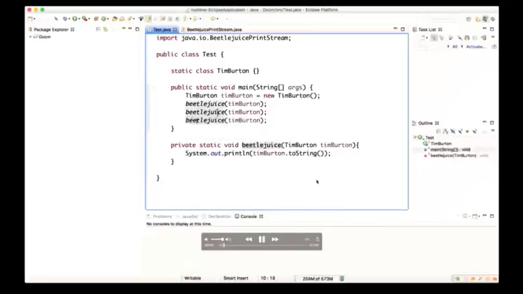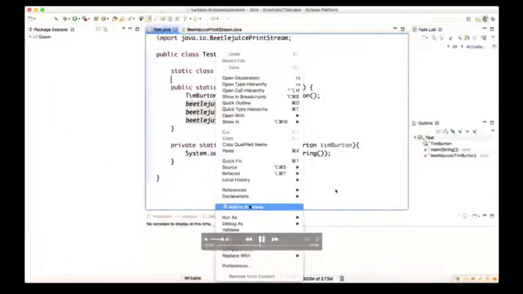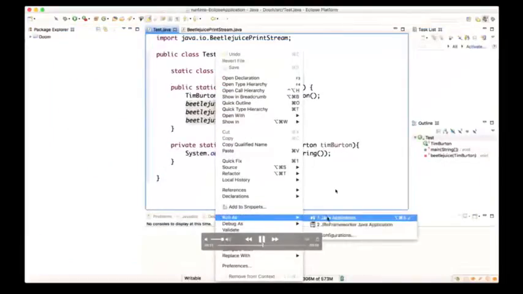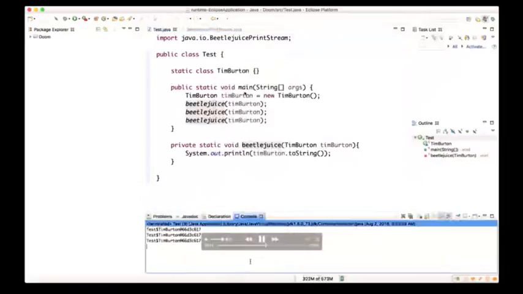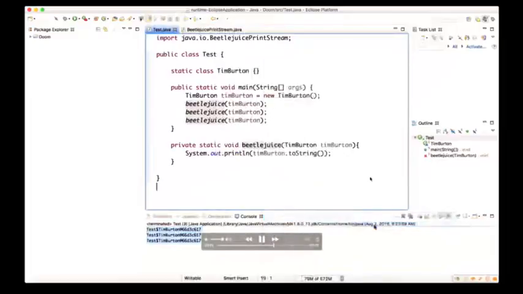If we run this normally, it's not very interesting. It just prints the hash code of the Tim Burton object. I'm a fan of Beetlejuice. Anyway, but if we run this with our modified framework,